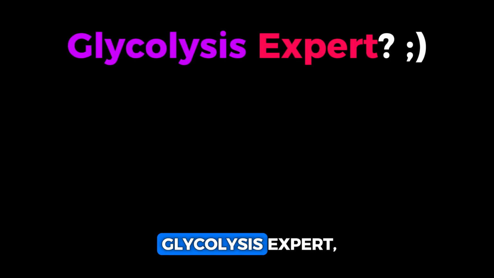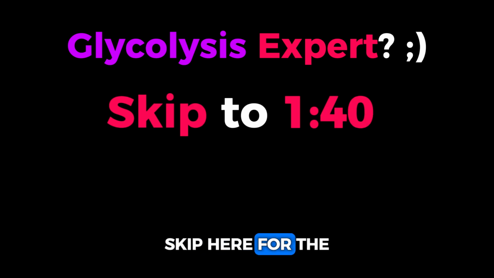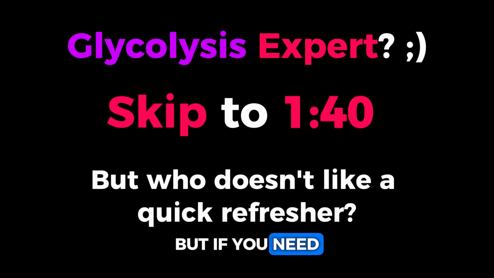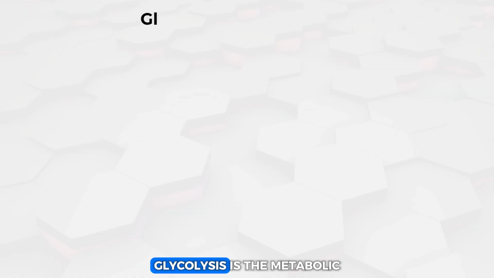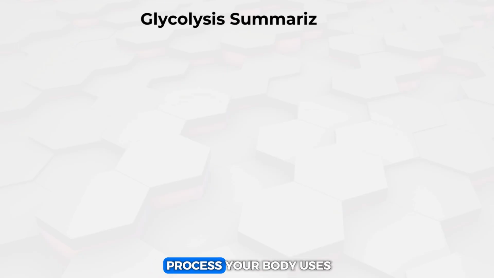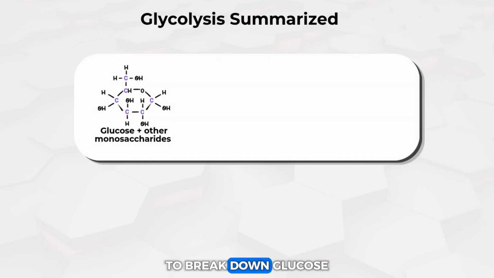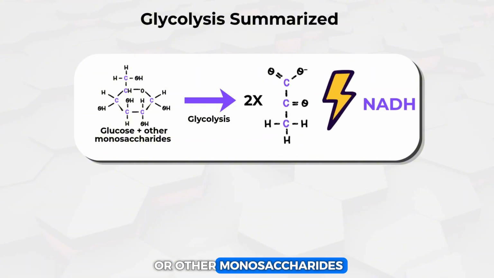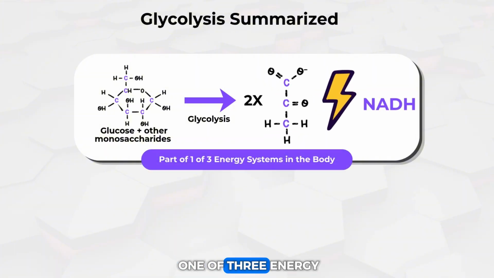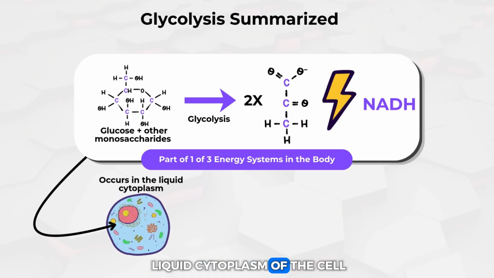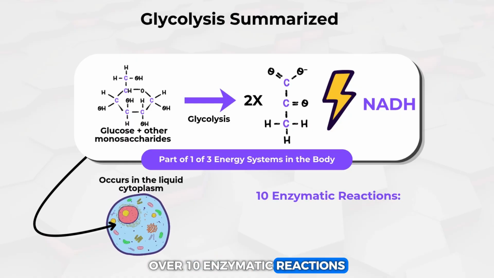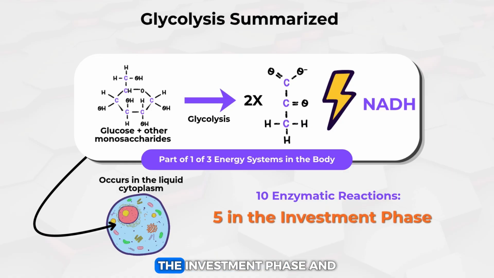If you're already a glycolysis expert, skip here for the practical applications, but if you need a short refresher, I got you. Glycolysis is the metabolic process your body uses to break down glucose or other monosaccharides and is part of one of 3 energy systems in your body. It occurs in the liquid cytoplasm of the cell over 10 enzymatic reactions and 2 main stages, the investment phase